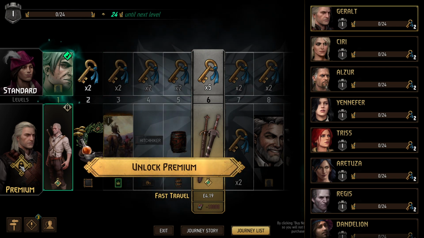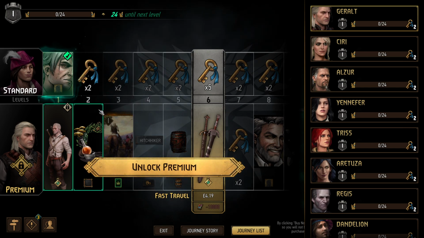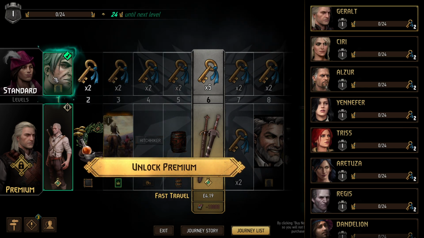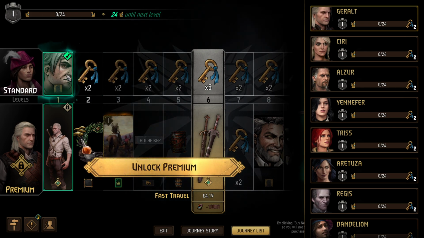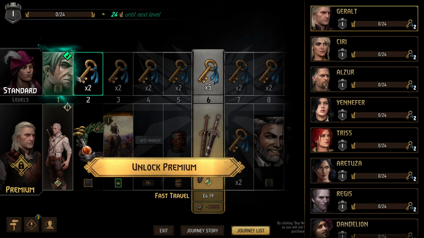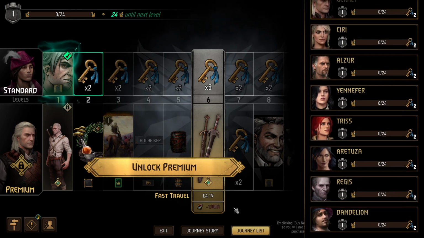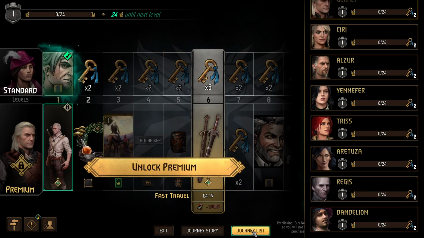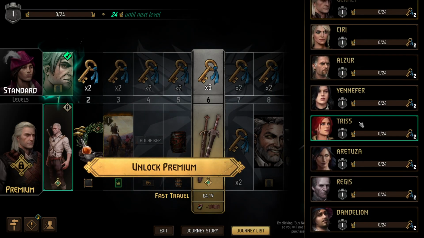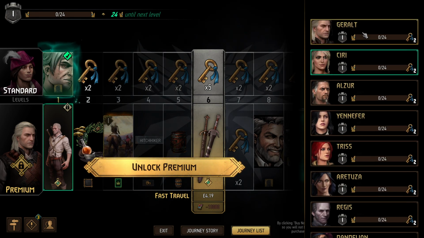And if you're, here's the standard thing and here's the premium thing. I don't want to unlock premium, but fine. 24 crown pieces to the next level. And at the next level, I will get 2 keys. That's what you're telling me? And the story is this, which I could read. And the journey list is this. What? So...